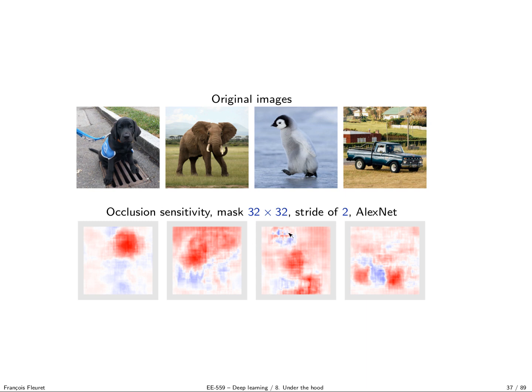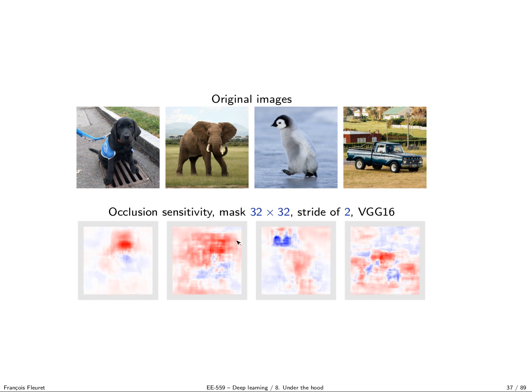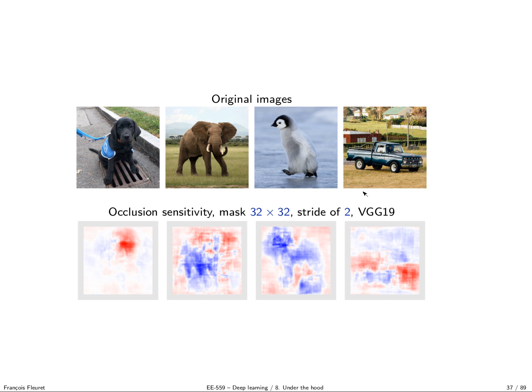We can be surprised with the penguin that the head does not seem to matter much, the body matters a lot, and this leg matters a lot. And for the cars, we are happy to see the wheels are an important cue for making the decision. If we move to VGG16, the same kind of behavior, but the head of the penguin is even less important. When we occlude it, the response goes up. Here we see that the front part of the car, the top of the car, the roof, and the back of the pickup are important. VGG16 is similar.